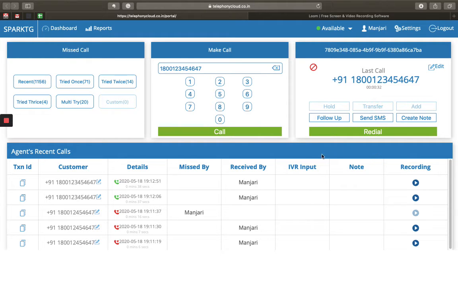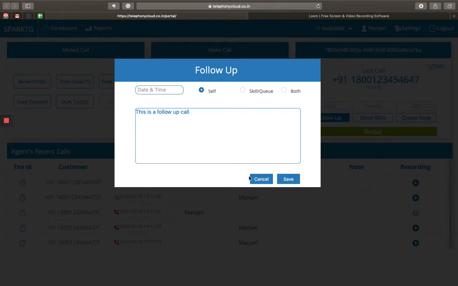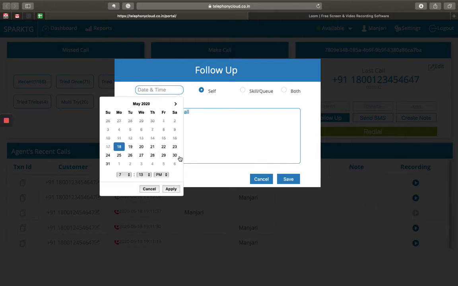Right? Now you can see the recordings here, received by, these were the matured calls, so that's why you see the green icons here. Right? Any call which is missed is red, out arrow is outbound, in arrow is inbound. Followed up, we'll just refresh here, is actually allowing you to schedule a call again at another time.